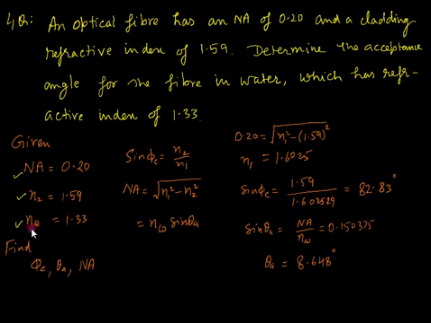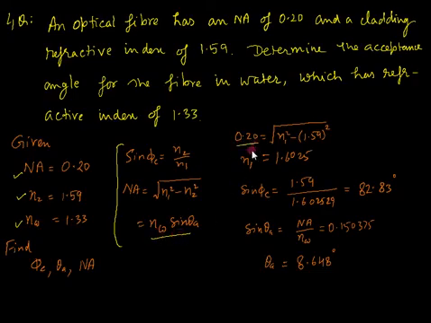And the important point which you have to keep in mind is that the refractive index of water is given. It means this optical fiber is in water. We have to find out the critical angle, acceptance angle, and numerical aperture. These are the main formulae: sin phi c is equal to n2 upon n1. Numerical aperture is the square root of n1 squared minus n2 squared, and the second formula for numerical aperture is nw sin theta a. Nw represents the refractive index of the water.